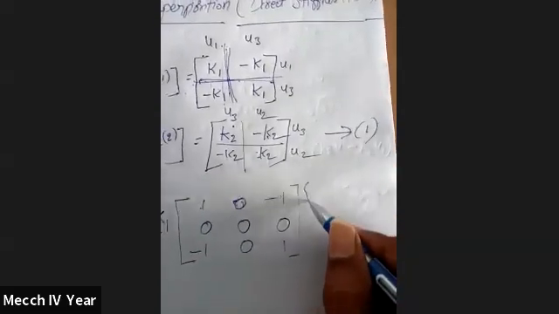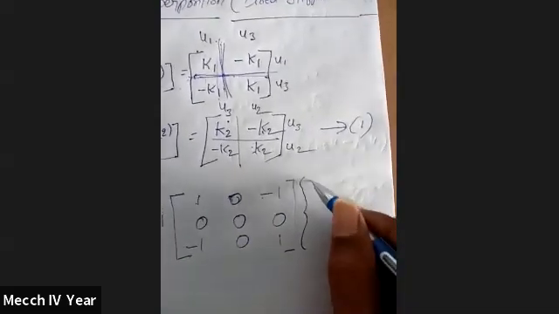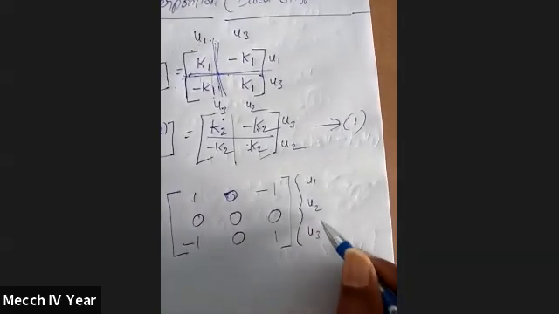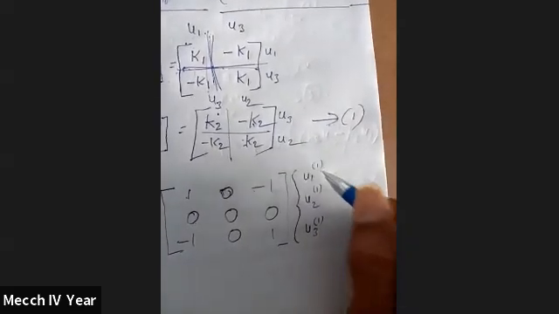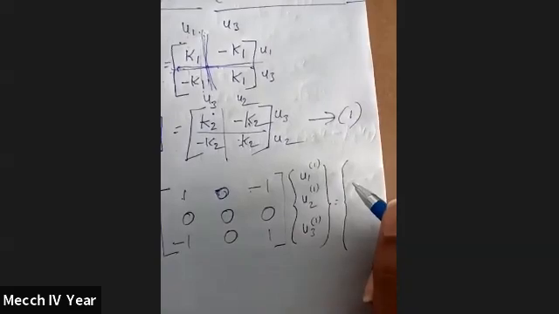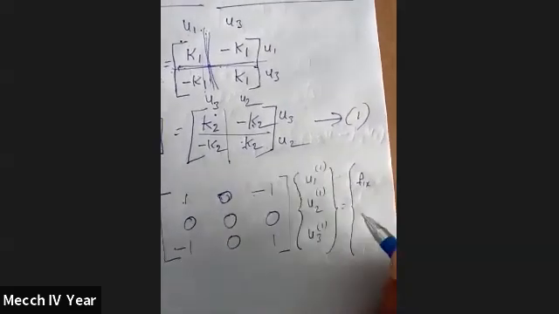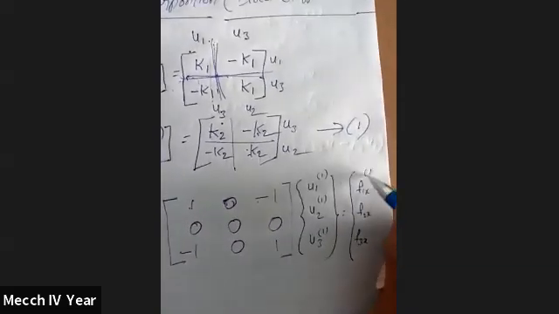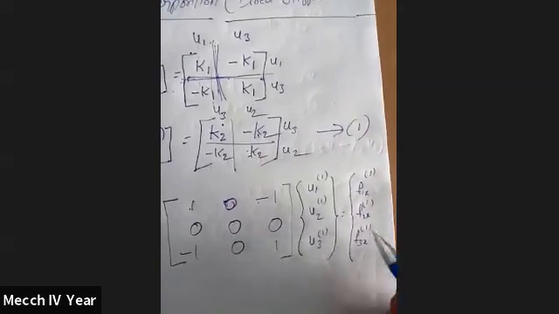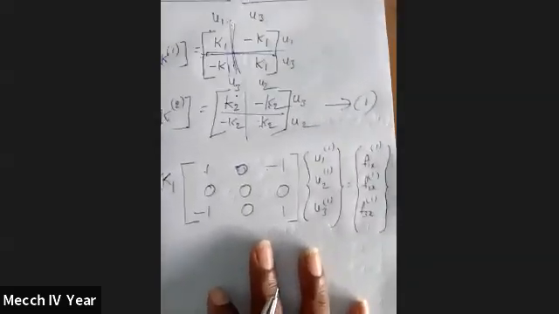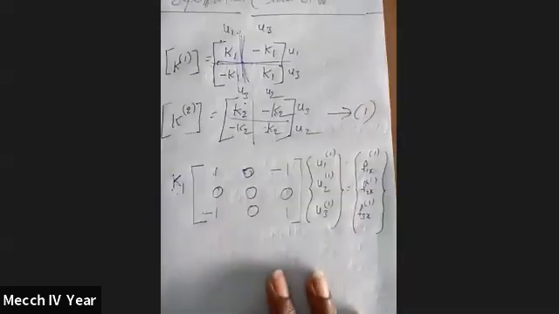And now the displacements U1, U2 and U3. This is the single element, called the first element. Then we write the forces f1x, f2x, f3x. The element is 1. So the first element can be written in this stiffness matrix form.